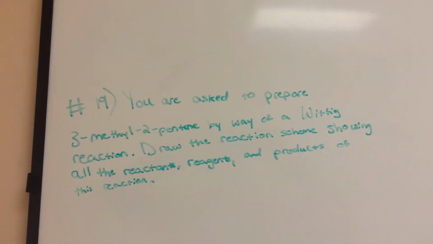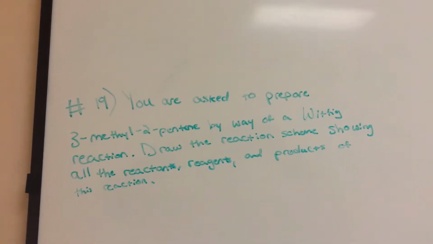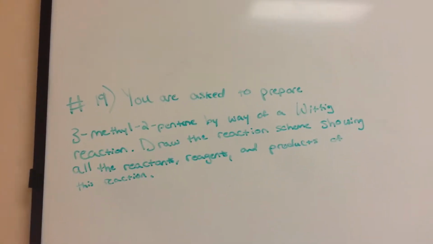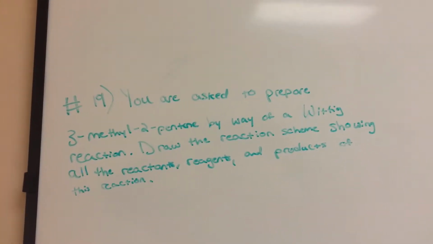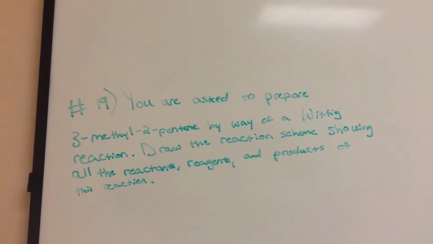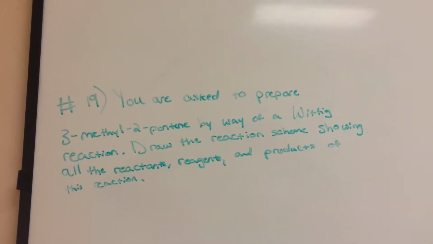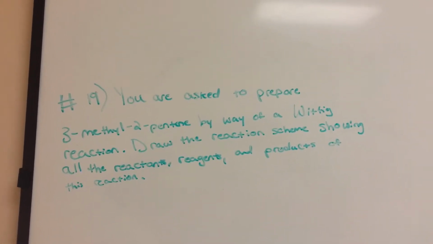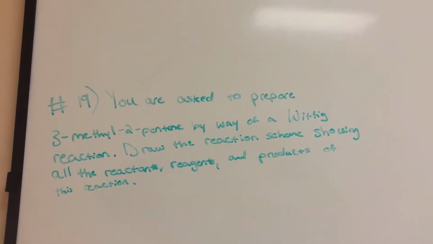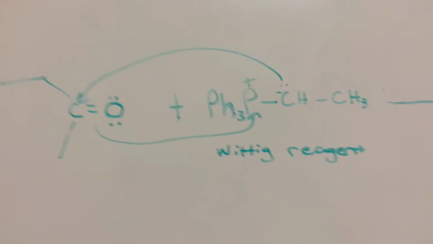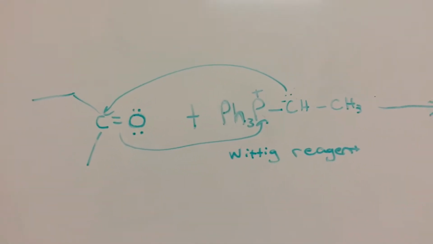So for my test correction question from exam 3, I chose question number 19. It says you're asked to prepare 3-methyl-2-pentene by way of a Wittig reaction. Draw the reaction scheme showing all the reactants, reagents, and products of this reaction. So for our reactants, we have